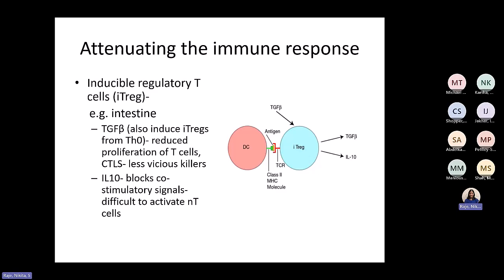So there are several in place, and one of them is how the immune response is attenuated by inducible Tregs. So iTregs are separate from the natural or thymic Tregs that we know of. So iTregs are inducible Tregs, or they are also known as peripheral Tregs. They are found in, for example, the intestine, and we know that the T cells